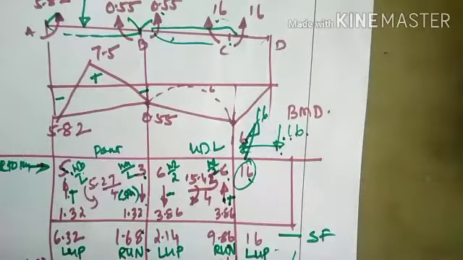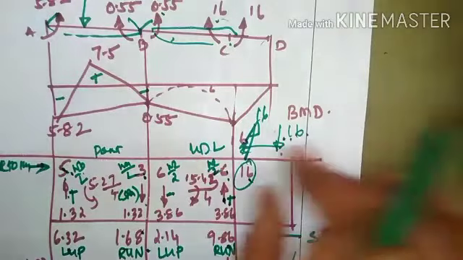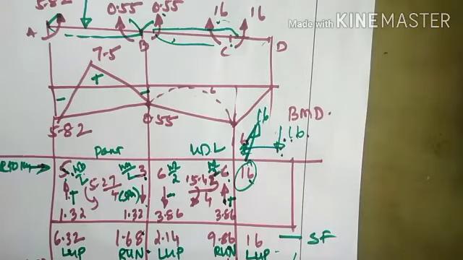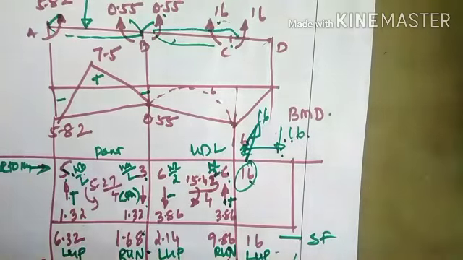This is how we are supposed to solve overhang beams, especially when it is an indeterminate structure. Care needs to be taken. Wherever there is a support, we need to apply a support. For example, B has a support, C has a support. D doesn't have a support, so we do not have to put any support at point D. As a result, CD will be considered a determinate structure. If CD is a determinate structure, then the slope deflection equation shall not be written for the CD portion, whereas it will be written for AB, BA, BC and CB.